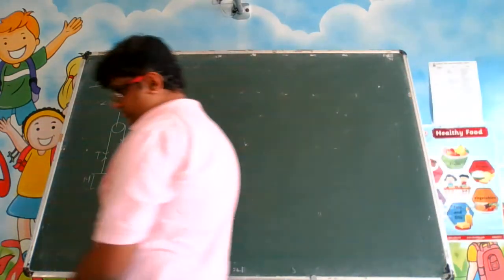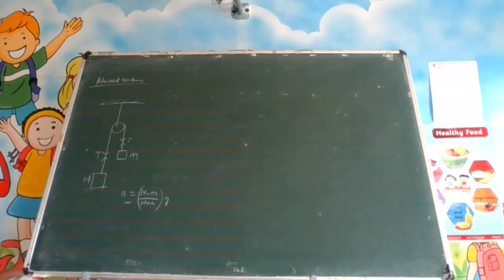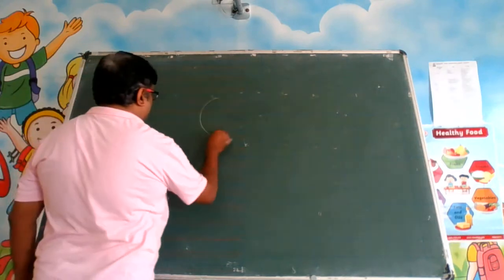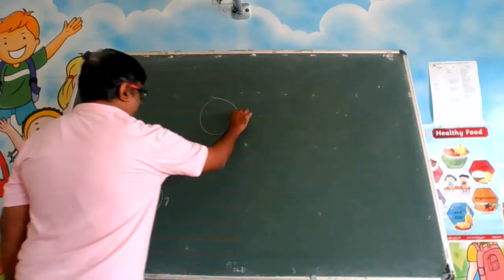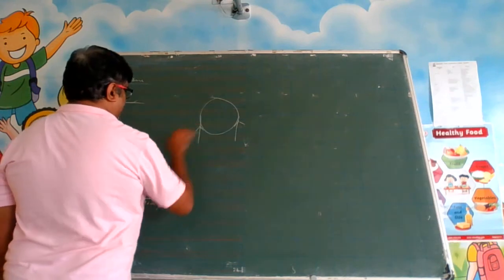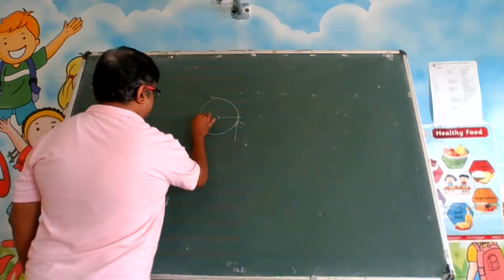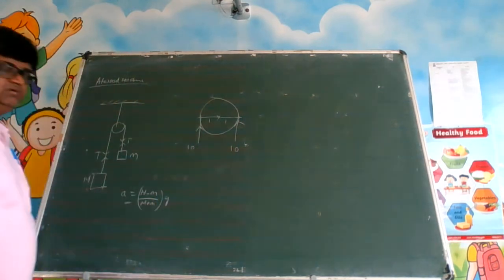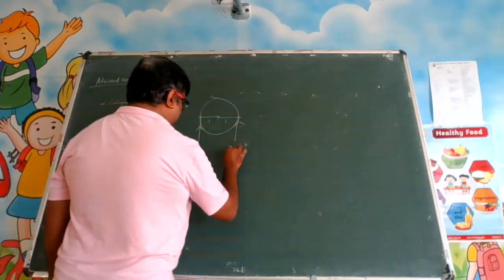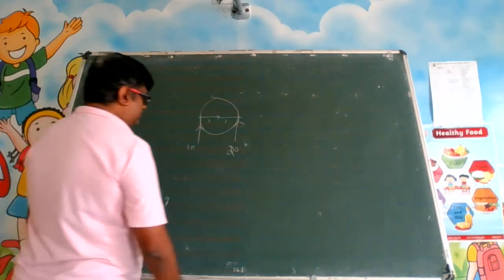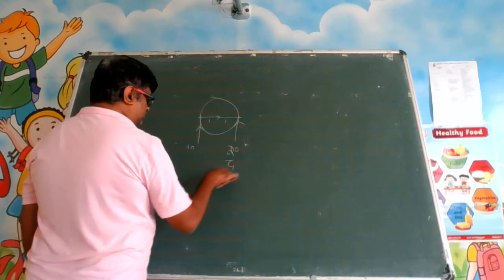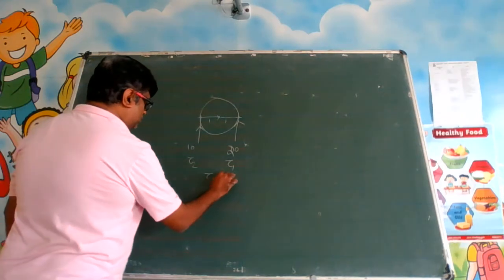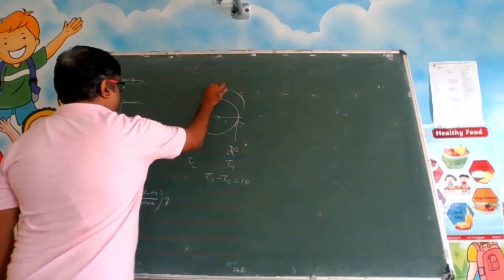So in the similar situation, what happens? You see here, I told you that any object rotates if there is a net torque acting on the system. If there is one force acting like this, another force acting like this, this is my radius, let us say 1 meter, 10 Newton, 10 Newton. Will it rotate? It won't rotate. Now this I will make as 20. Will it rotate? It will rotate. Why? Because 20 into 1, you have got some torque tau 1, tau 2. There is a difference. Tau 1 minus tau 2 is 10. This is more, so it can rotate like this.